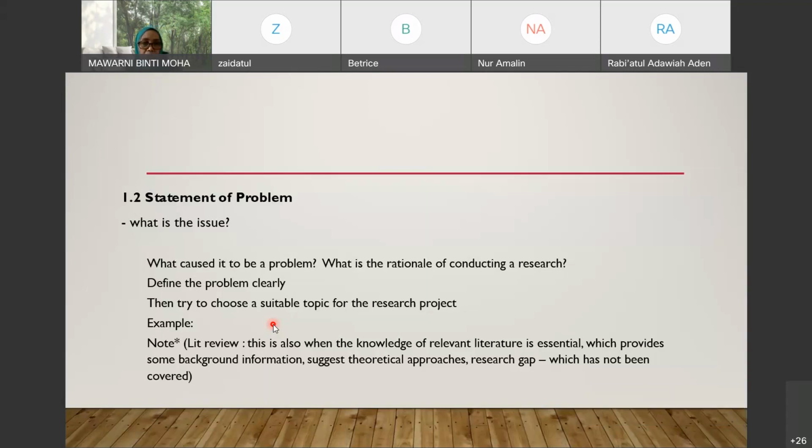Do you have access to the library? You can not only go to the library physically, but you can also access it from the comfort of your home or your room, and you have hundreds and thousands of journals, publications and books that you can get online. By reading a lot more there, you will see there is a research gap. A research gap means there is some issue or aspect that has not been much highlighted in the research. You could be the one who will touch on that particular matter. So far, so good?